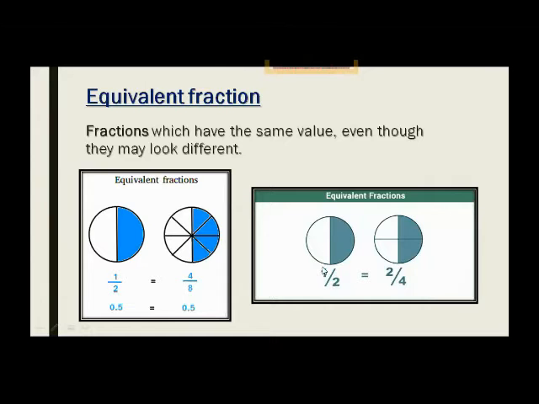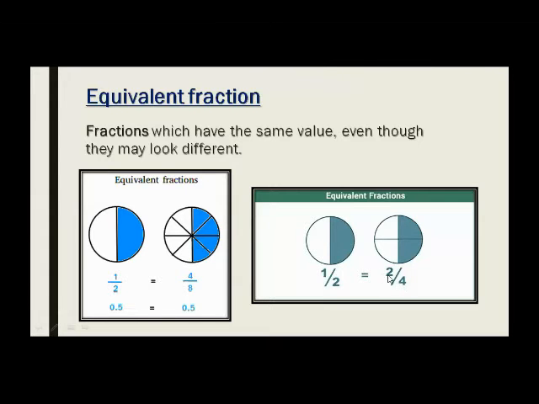Again, we took a shape, a circle, we divide that circle into two parts and we select one. So this is 1 upon 2, means 1 is the selected part and 2 is all the parts. And second, we took the same shape and divide into 4 equal parts, and here we select 2. So this is also half when you see it, and this is also half. But here we took 2 parts out of 4. This is 2 upon 4.